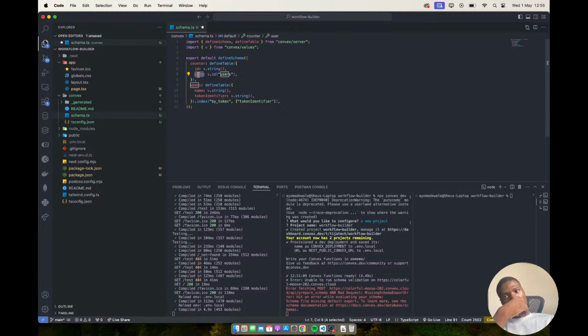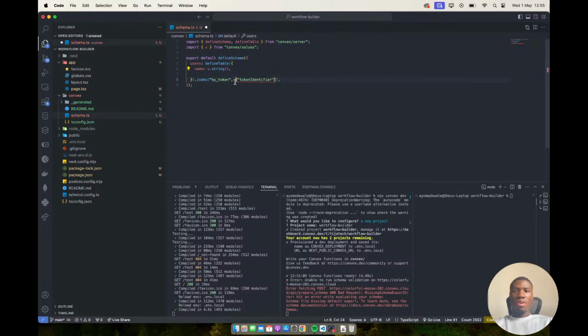Let's just say users, right? And we're just going to have the username. We're not going to be using any indexing for now, so we're going to have the username, let's say ID